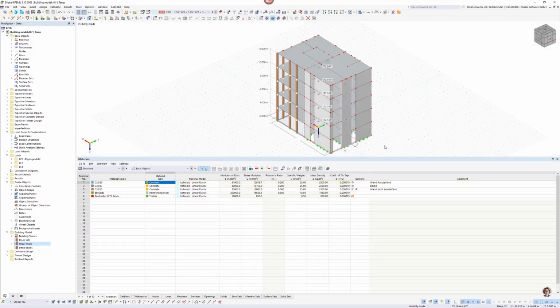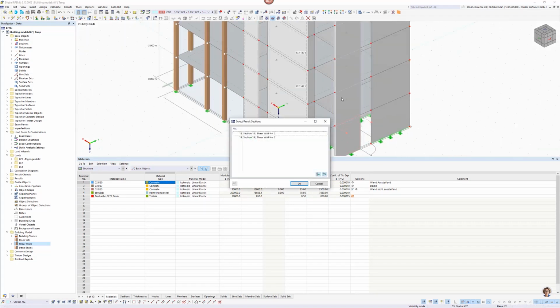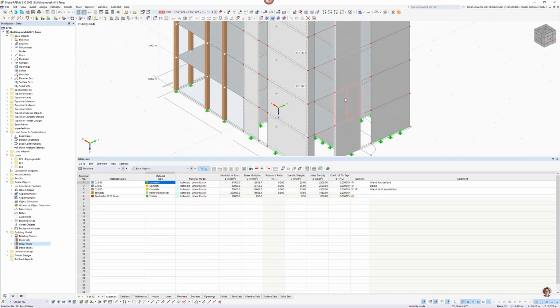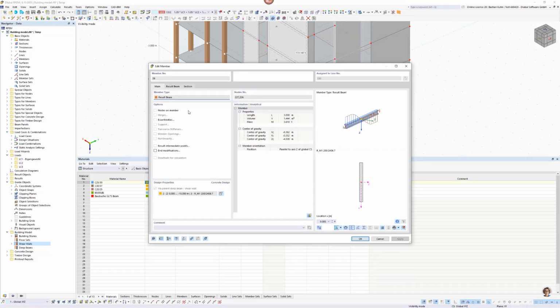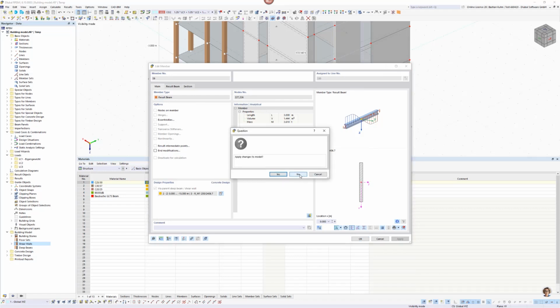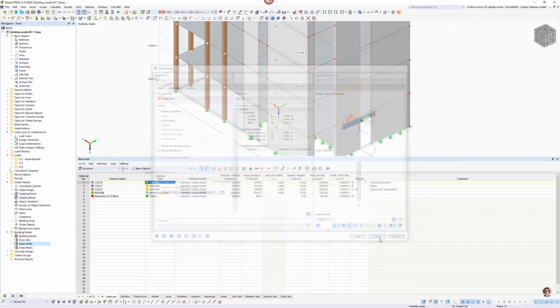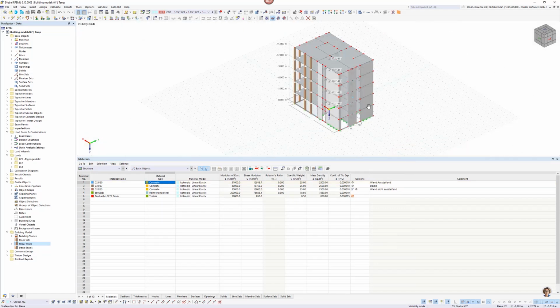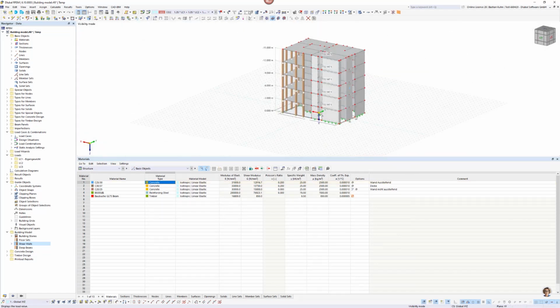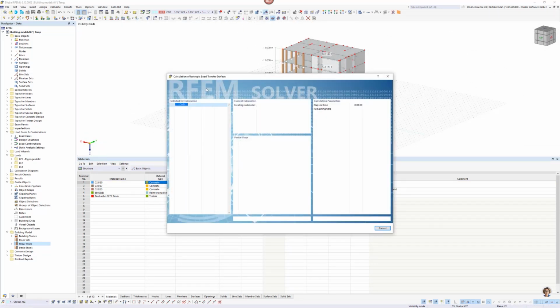Well, okay, so far not much has happened in the structure as I do not have results, but you see that I have now the sections here in every story, and also a result beam is generated automatically. And via this, the design is done. And when I'm calculating the combination 2 again,